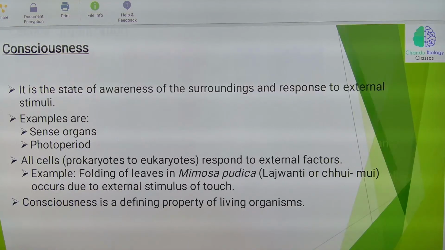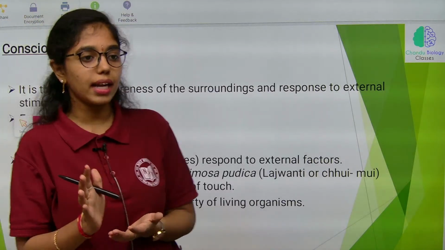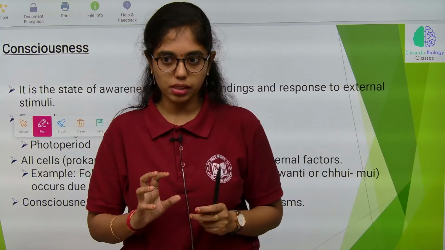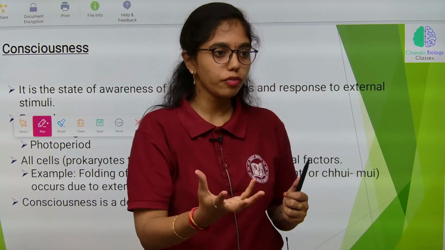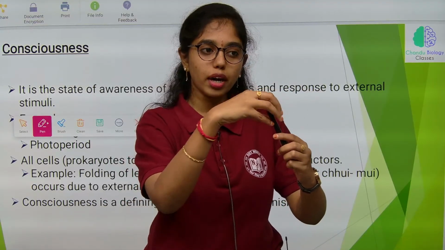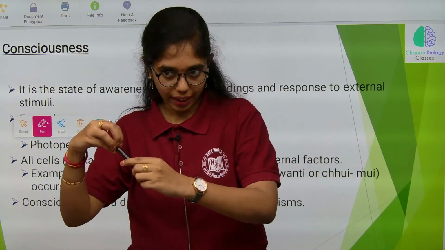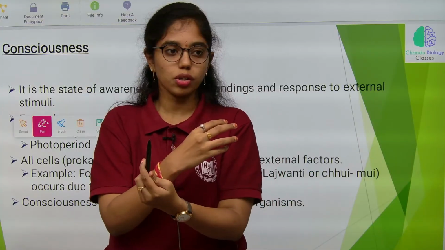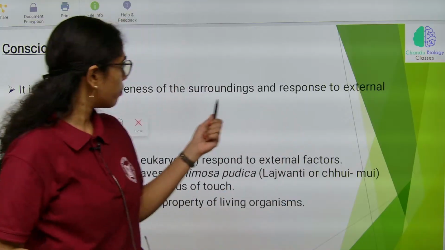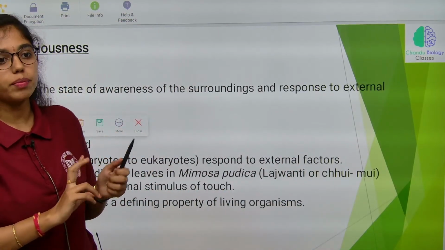Now, let us go to the last defining feature of living, that is consciousness. This is a state of awareness which responds to external stimuli. Consciousness we can see in plants, animals, and unicellular organisms. Let us first start with unicellular organisms. Amoeba will move with the help of pseudopodia, which are the false feet. Whenever it gets in close contact with food, with endocytosis it will grasp the food, and through exocytosis it will release the broken undigested particles. So, that is one movement towards food shown by a unicellular organism, the amoeba.